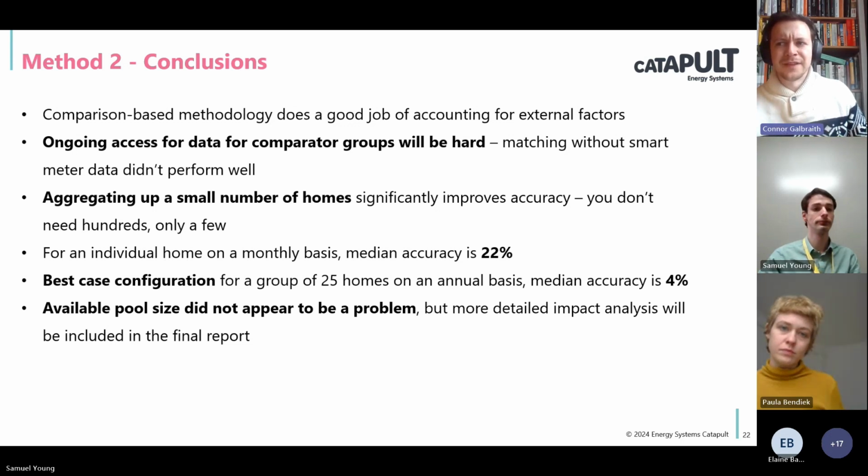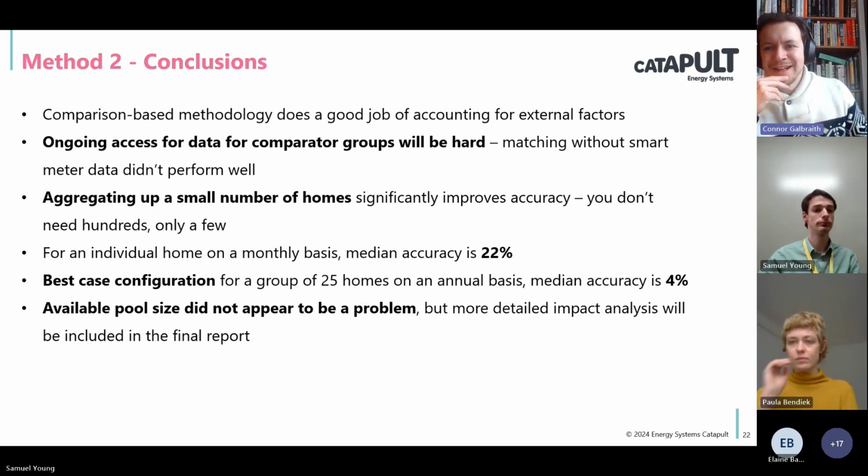But to keep the evaluation rolling through the reporting period, we also need to maintain a repository of comparator homes that have not had a retrofit and will not have a retrofit for the duration of the reporting period of the candidate home. And we are in the middle of exploring various ways in which we might be able to maintain this in practice. We're speaking to some commercial partners that may be interested in this, but it's a pernicious problem because we are attempting here to create an open source methodology that the metered energy savings community can run